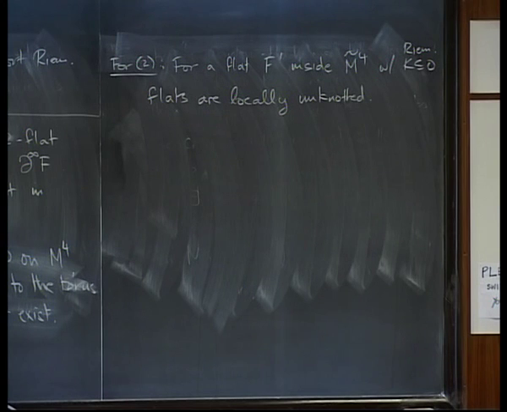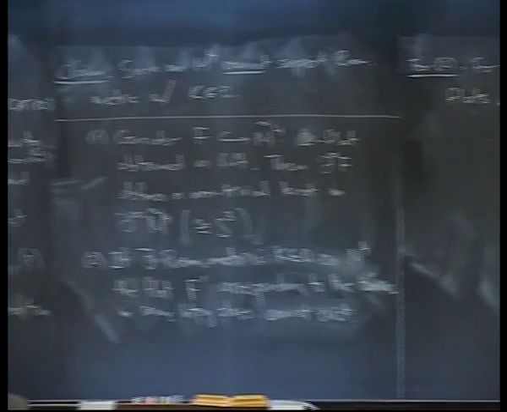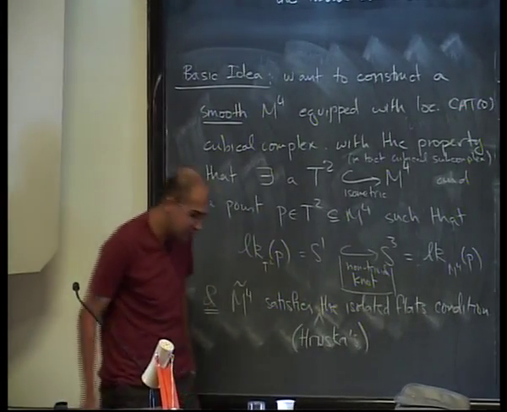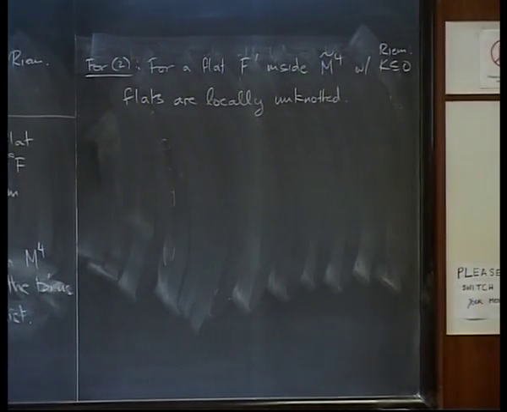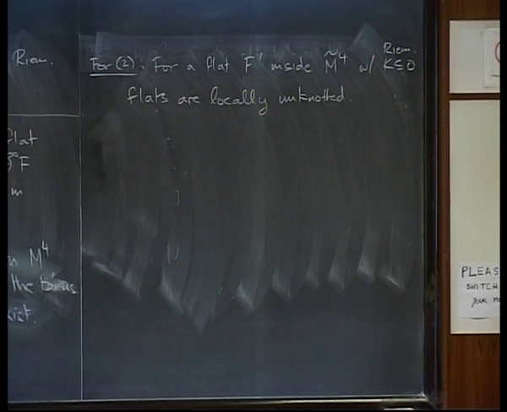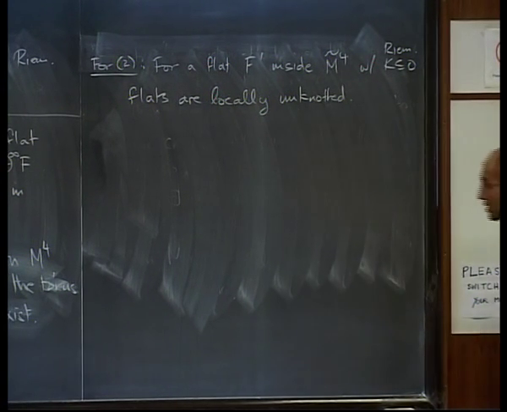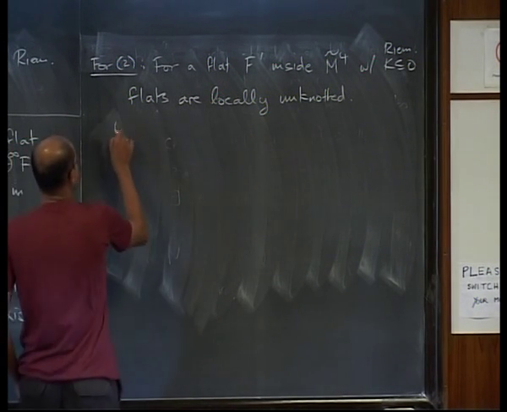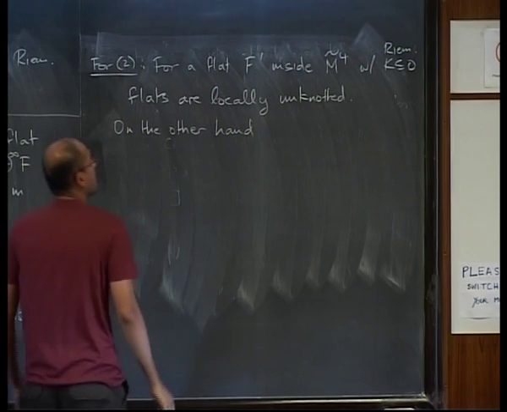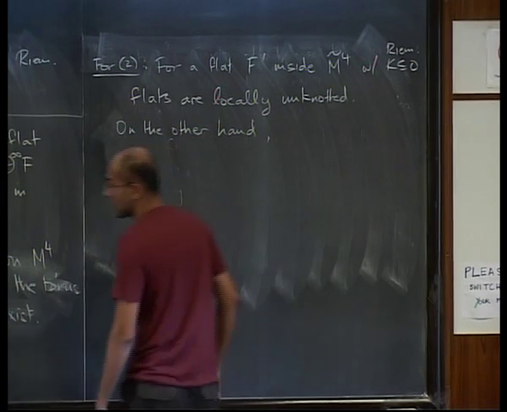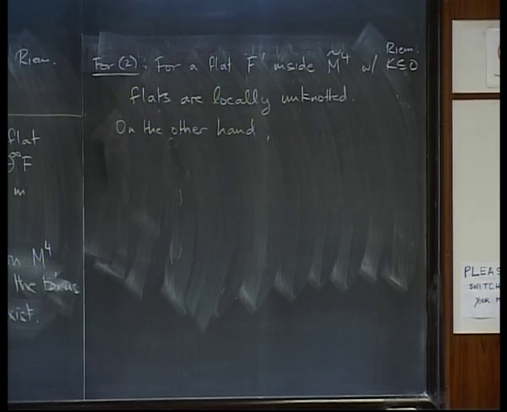But if you look back here, we assume that M4 tilde satisfies the isolated flats condition. And that tells you that the boundary at infinity is actually well defined. Okay, so in general, for a CAT(0) space, you can have the same group acting on 2 different CAT(0) spaces where the CAT(0) boundaries are distinct. So the boundary at infinity for a CAT(0) space is not an invariant of the group. But if you know the isolated flats condition, then it is. So on the other hand, there is an identification. The isolated flats condition, maybe I'll call this the IFC.